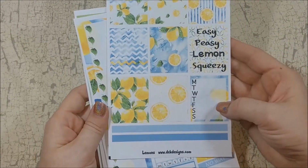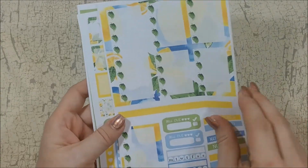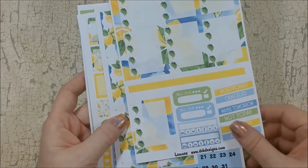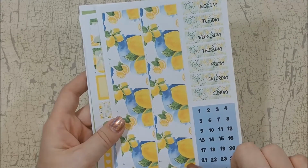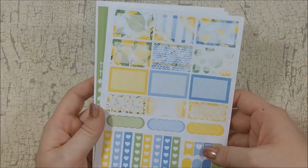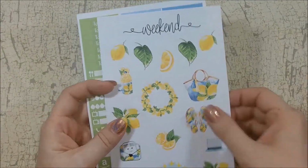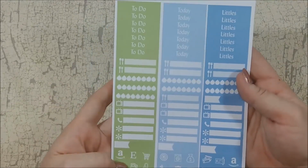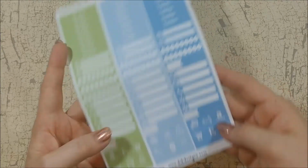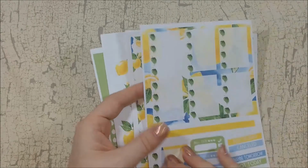And there's 7 full boxes, a weekly box, and then some washi strips. 7 leaf checklists, and then bill due, sidebars, and then canceled reschedules. Bottom washi, date covers, date dots. Half boxes, checklists, some more functional stuff, some deco, and then headers, little things, hydrates, and icons. So that's everything I got from To Be Fab, or previously known as